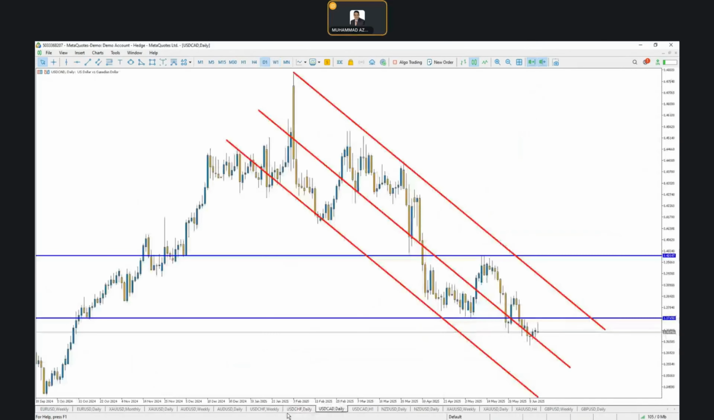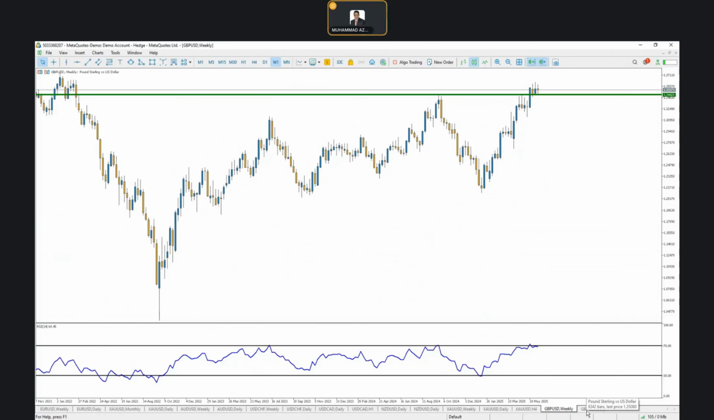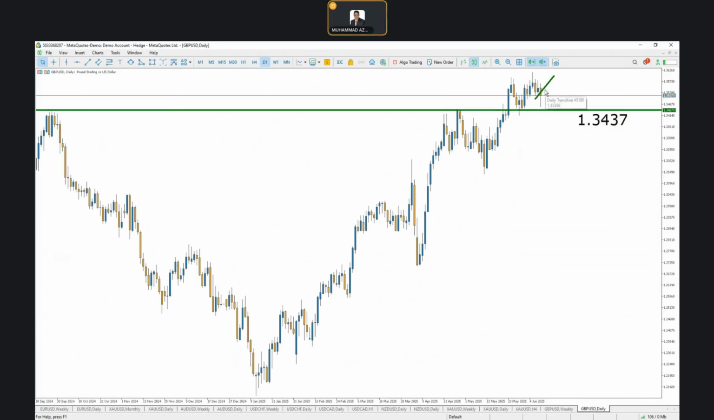If you go over here, GBP USD. Here, this is the weekly, and then we got the daily. So in the daily time frame, overall we got further upside. Okay, so after the PMI data release,